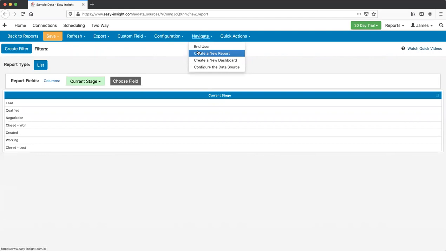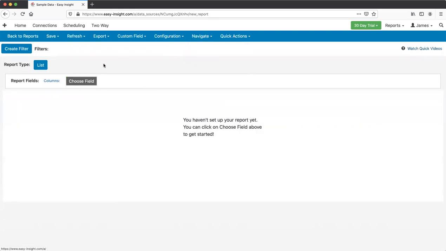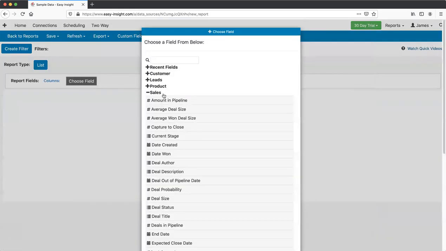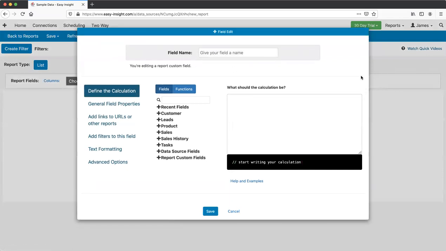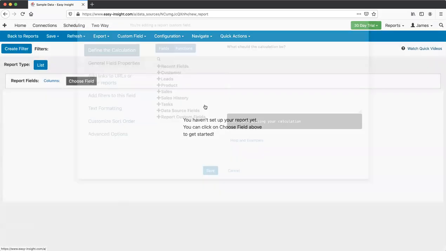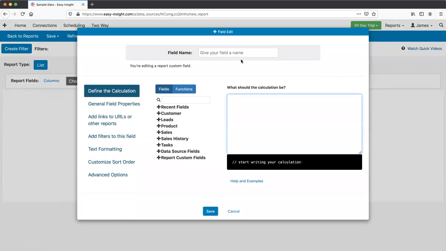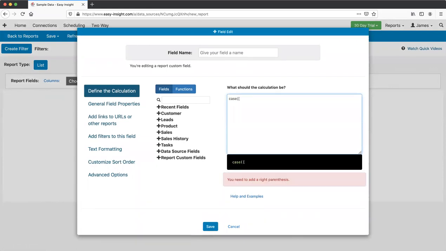Let's see, what else can we do as an example here? Beyond the if statement, you can also do case statements as another type of branching logic. So for example, if we do case sales rep, we could have one value return. Here for each of our sales reps,